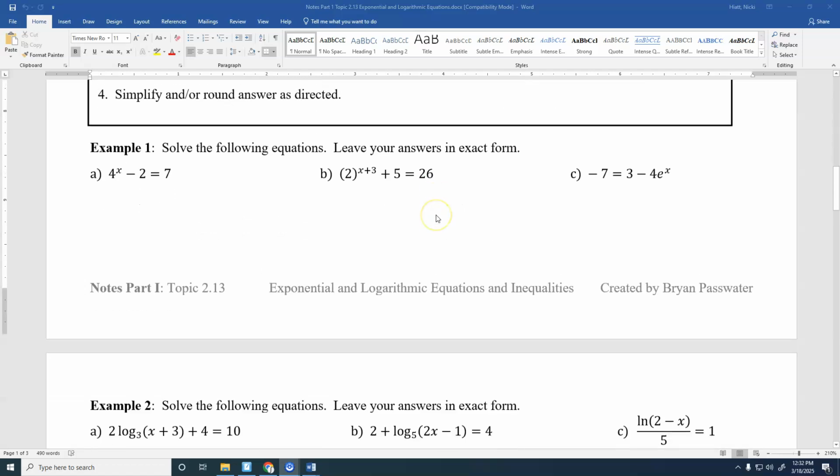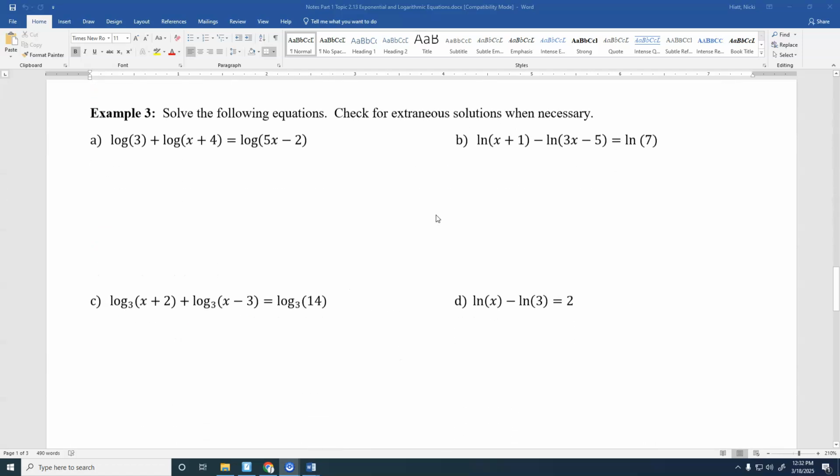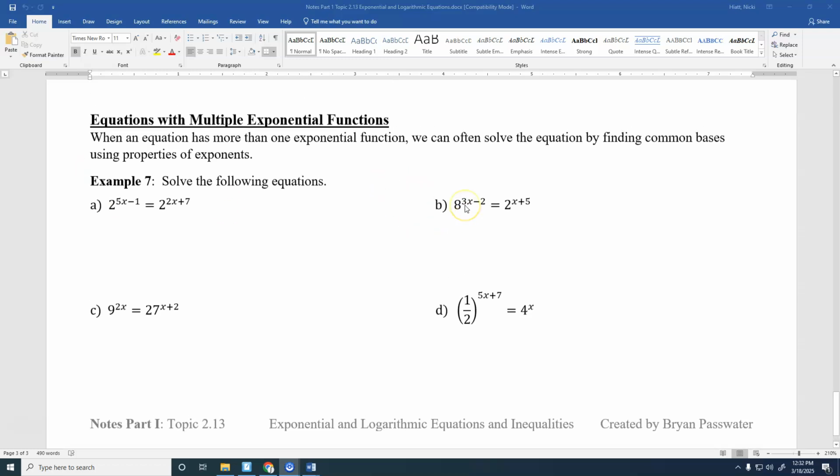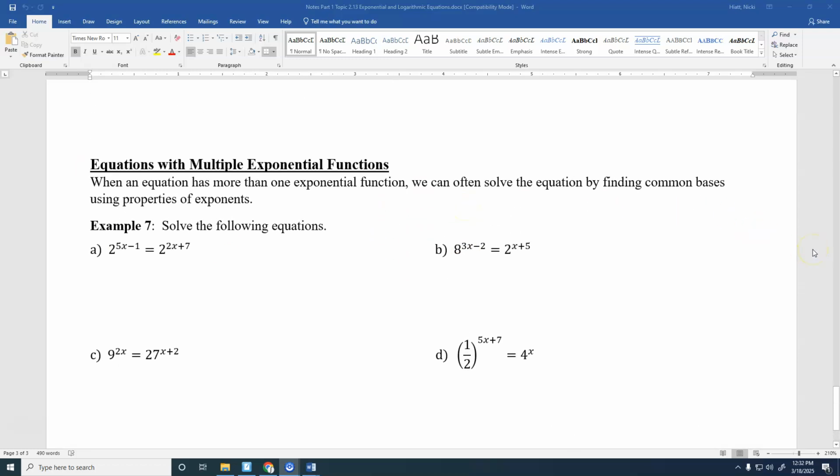We did not do these last problems right here. Example 7, we did not do these problems. So let's look at these here and see what we can do with them. The first part of example 7 is going to be a very easy problem